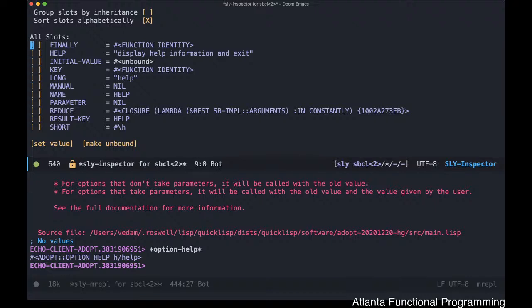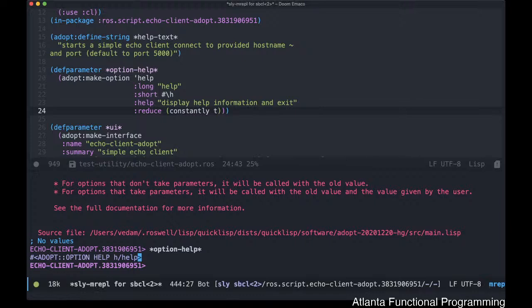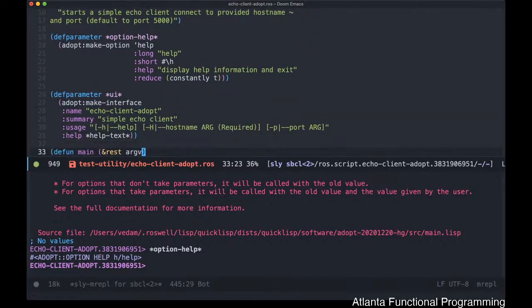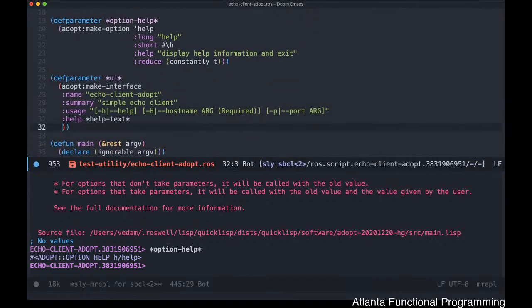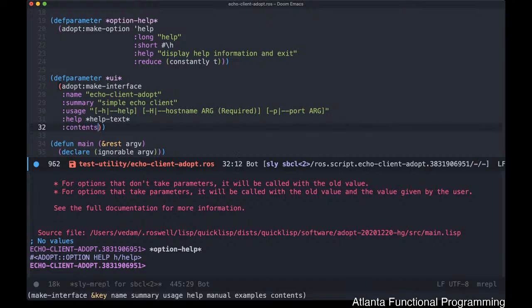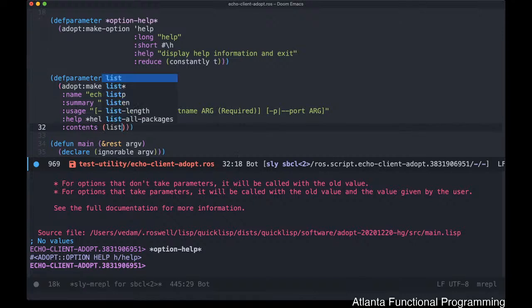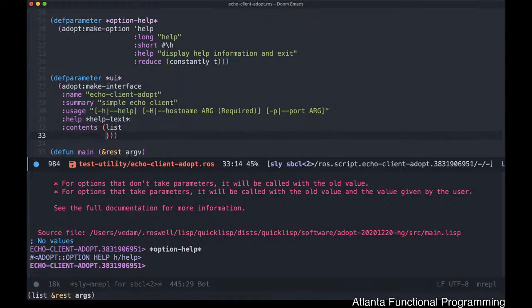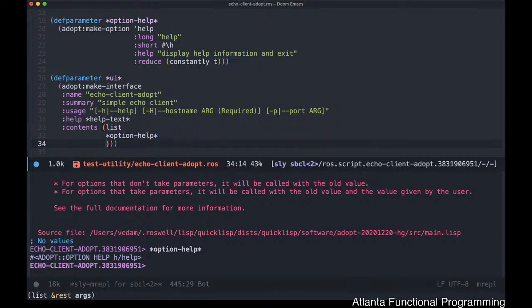To get this into your UI, you need to essentially pass it in to the make interface constructor. Well, how do we do that? The way we do that is actually the last argument in this list. That's the contents of the interface. Contents takes in a list that can either be what we saw here as an actual construction of help, or you can actually go ahead and make the option directly in here. I don't know if one prefers one versus the other. But we'll just go ahead and create